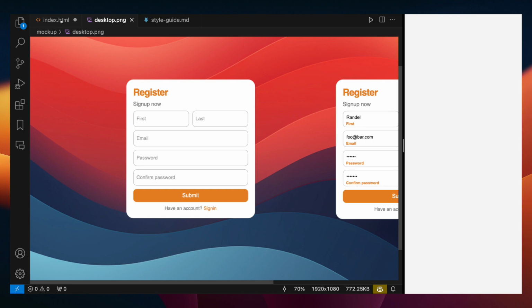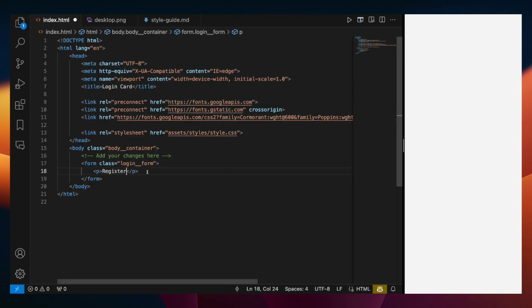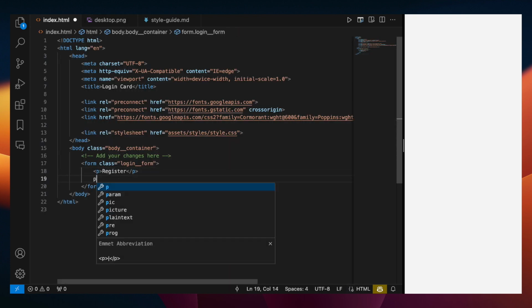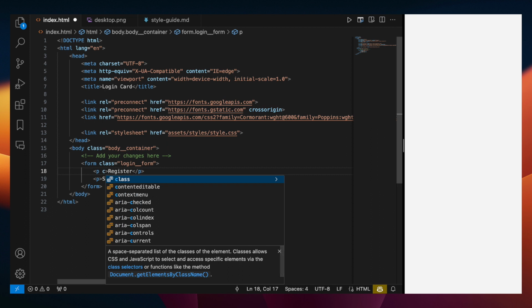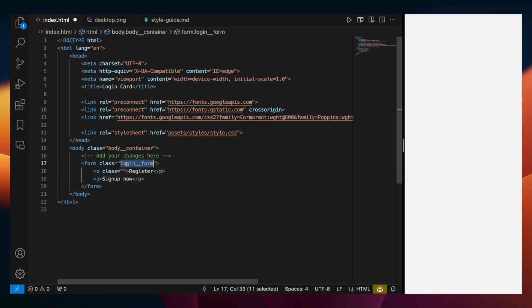And let's go down and add the sign up now. So another P tag for that. We're going to do sign up now. Okay, looks good. And while we're here, let's just add the classes for these paragraphs here. So we'll just call that the title, and then we'll call this one the login